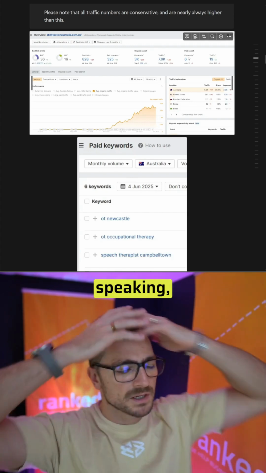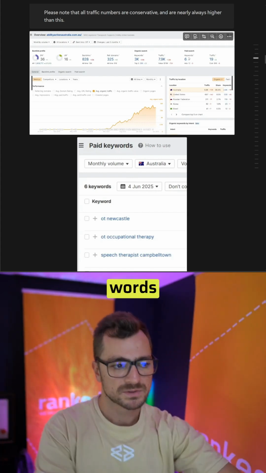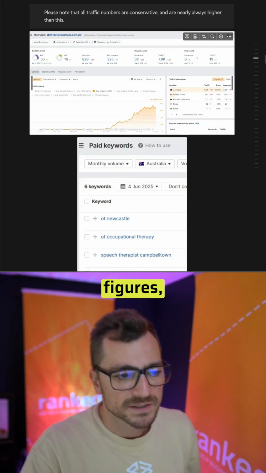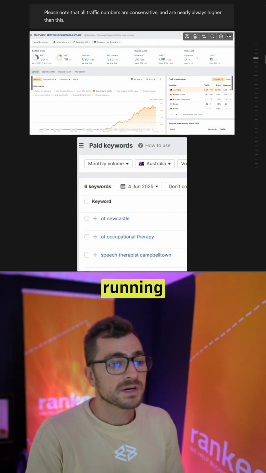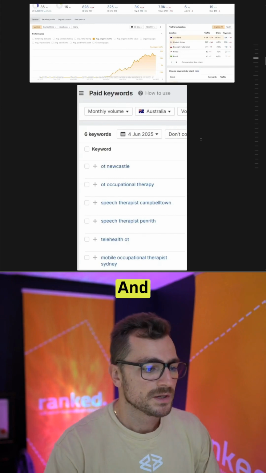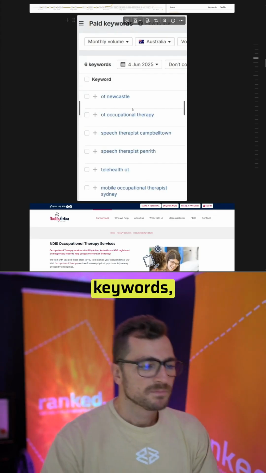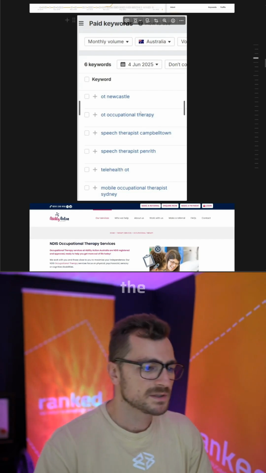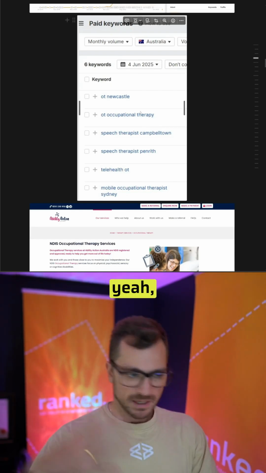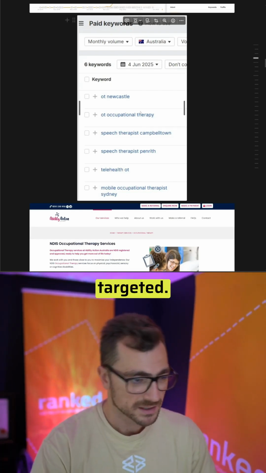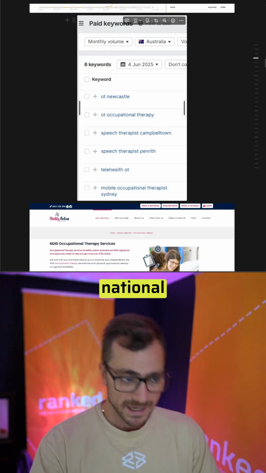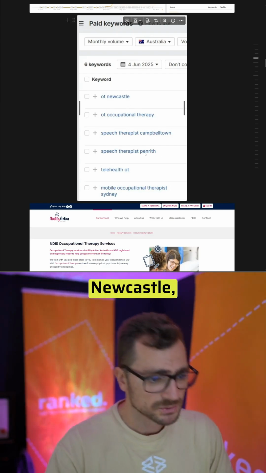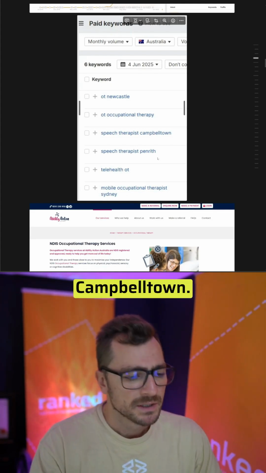So generally speaking, if I see paid keywords 6 and 19 traffic, these are not real figures, but it tells me these guys have been running ads for a very long time. And having a look at these paid keywords, this is not a clear indicator of exactly the terms that they're bidding on. These are the ones that the SEO tools have just picked up. Yeah, 100% these are the terms being targeted. This tells me that this is a national company because from Melbourne they rank quite well, but they're targeting Newcastle, Penrith, Campbelltown. And so this was their